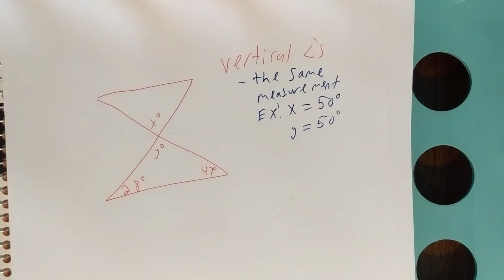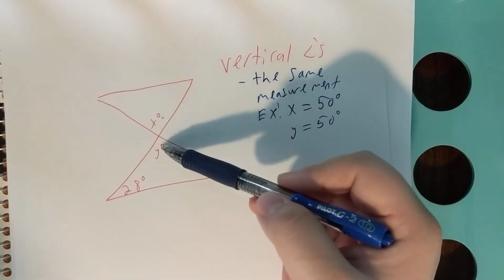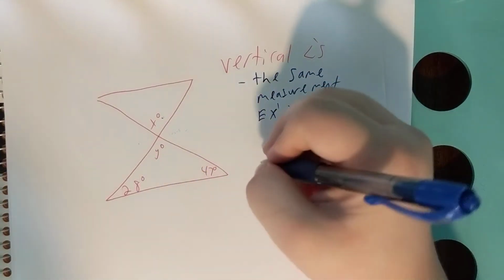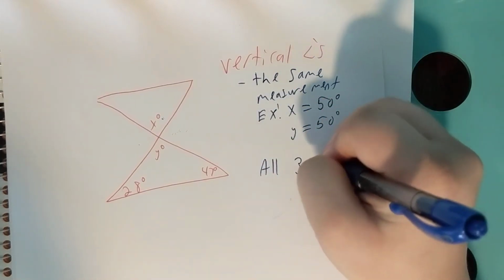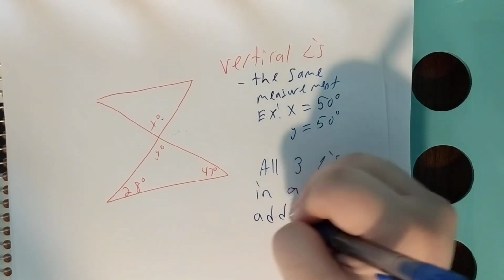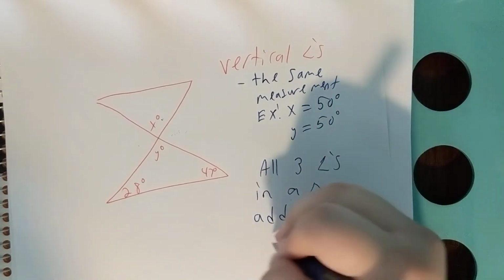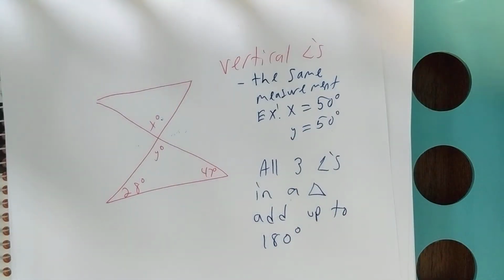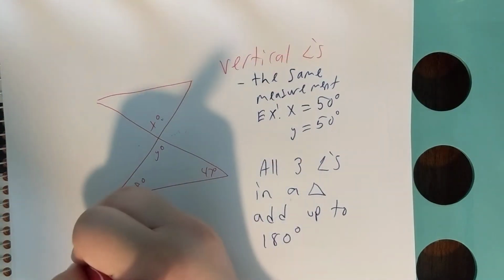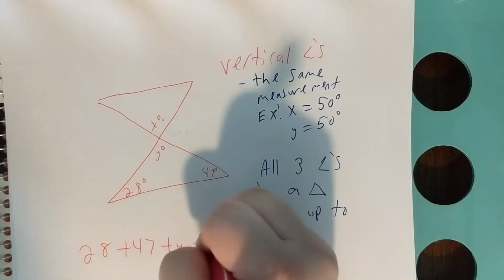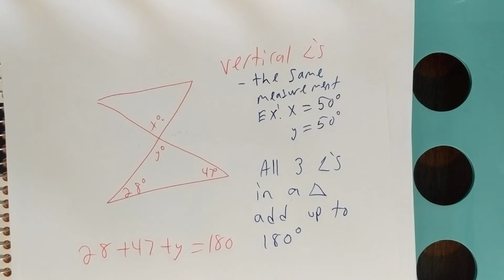In order to find x, we first need to find y. And we can find y because I know that all 3 angles in a triangle add up to 180 degrees. So when we add all 3 of those angles together, it has to equal 180 degrees. So that tells me 28 plus 47 plus y equals 180. So I'm going to do